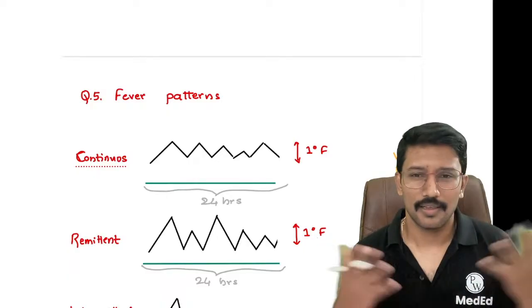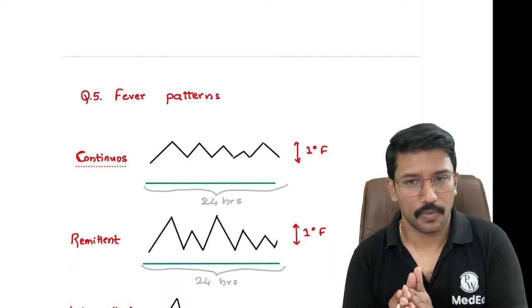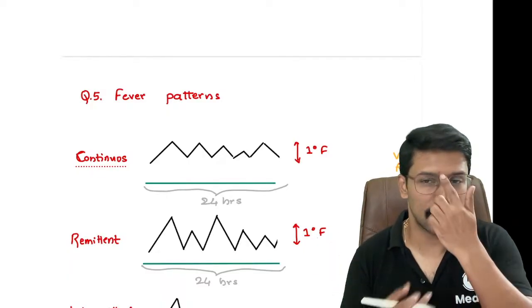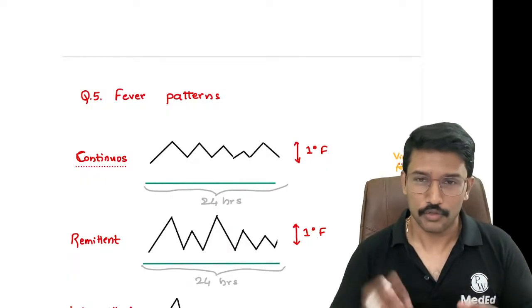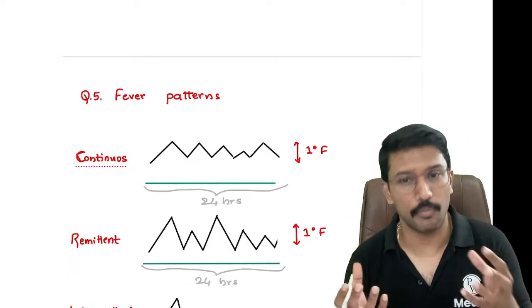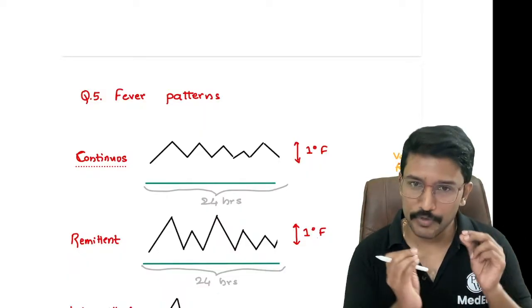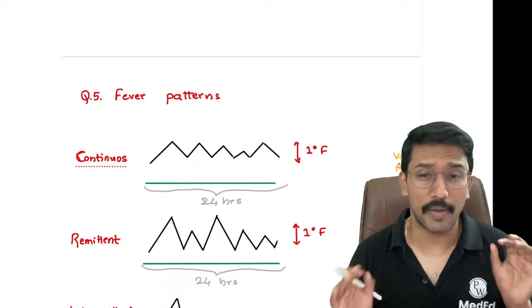So in such cases, this whole pattern collapses, right? The second thing is, go to the pharmacist and say I got a sore throat. The first thing he will give you apart from paracetamol is an azithromycin. So the use of antipyretics and antibiotics has collapsed all these patterns, and we don't see these patterns anymore in